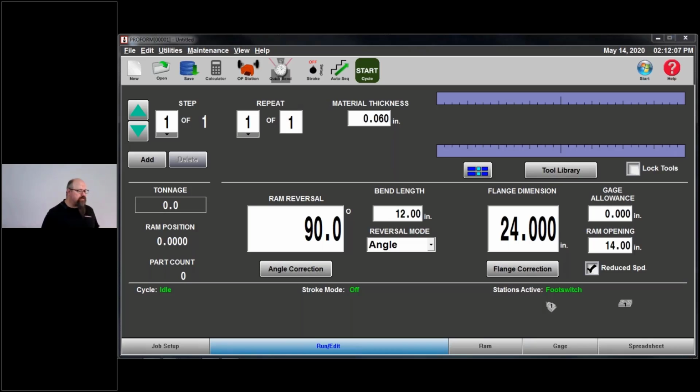Is there a parameter setting in the software that will calculate for material shrinkage or stretch or bend allowance? Now, bending plastics is a whole other universe of bending, because plastic doesn't necessarily follow the same physics as metal. A lot more spring back.